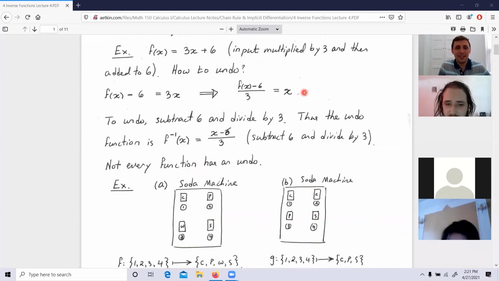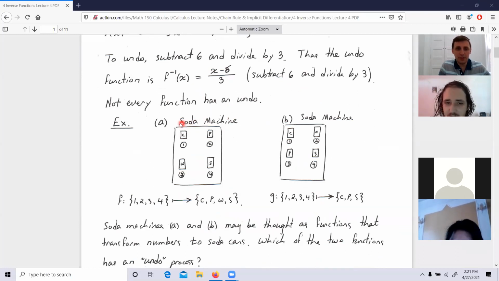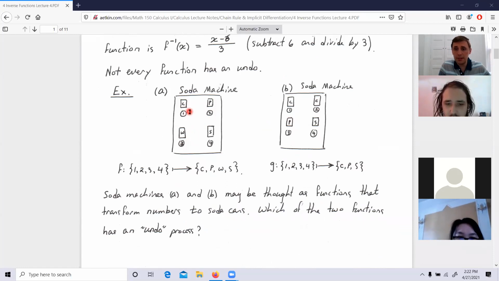So here is the situation. We have a soda machine A and a soda machine B. Notice that mathematically what we think of is,